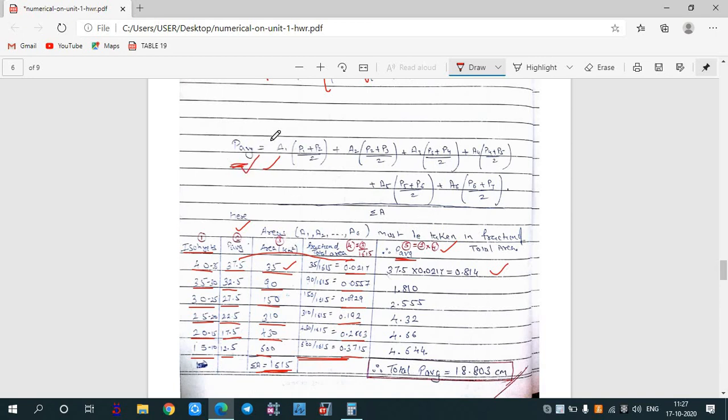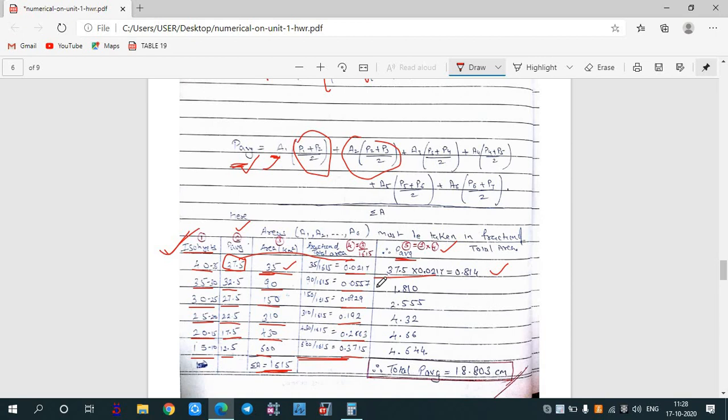In this, what we need to consider is that we have the average value, 37.5. We need to multiply it with the area, which is 35. Similarly, we will do the second part, third part, and divide it by the total area. So either you can do it by this table, or you can directly use this formula and put all the values to get this answer. We have done it in tabular form so that it will be easy for you.